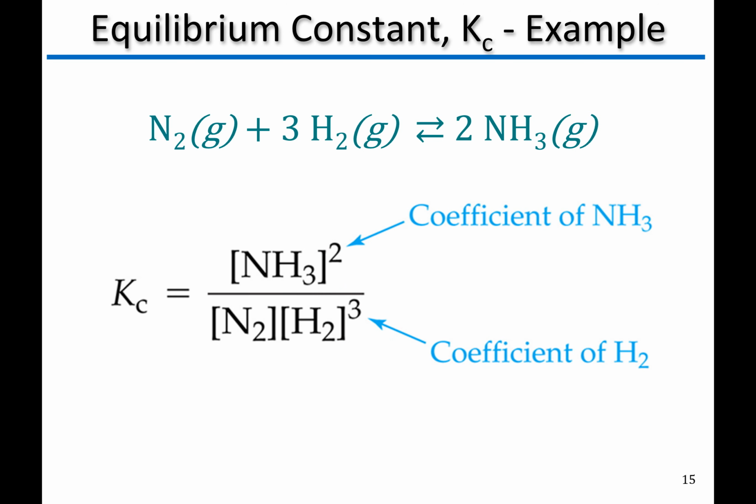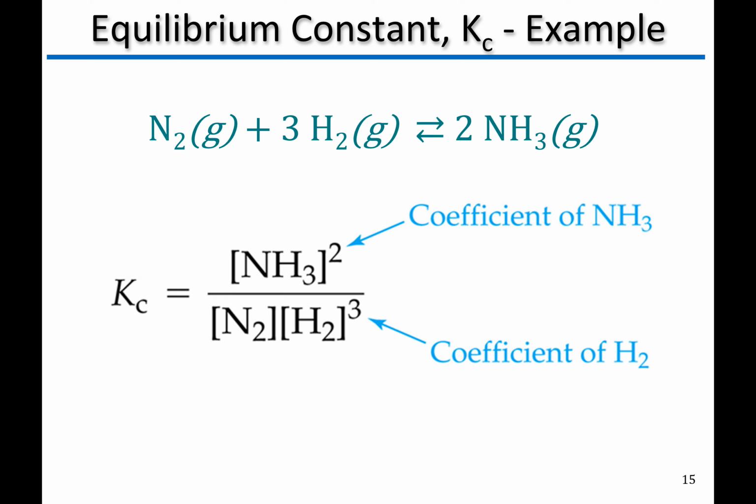So let's try to write this for a reaction. So here we have N2 plus H2 giving us NH3, ammonia. So suppose we were asked to calculate the equilibrium constant for this, or just to write the equilibrium expression. Okay, so here we're going to take our products first. So remember, always products over reactants. So here our only product is NH3, ammonia. We're going to take that concentration and raise it to its stoichiometric coefficient, which is 2 in this case. Okay, and that will be over